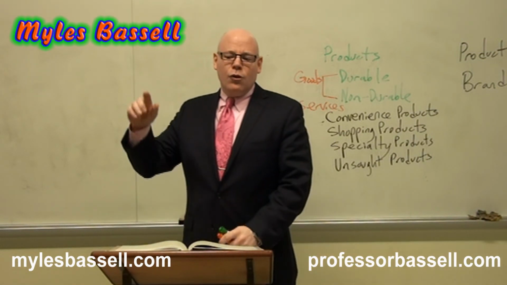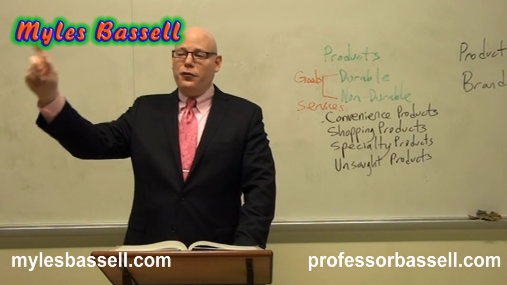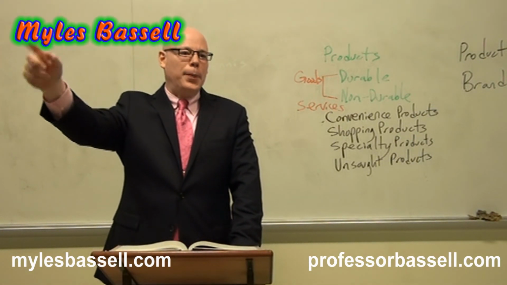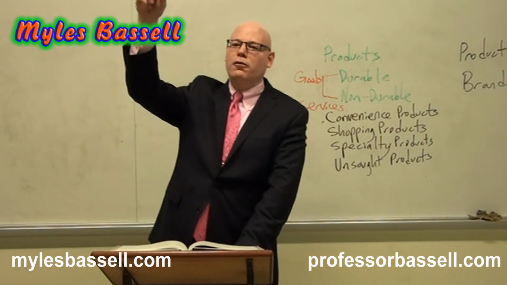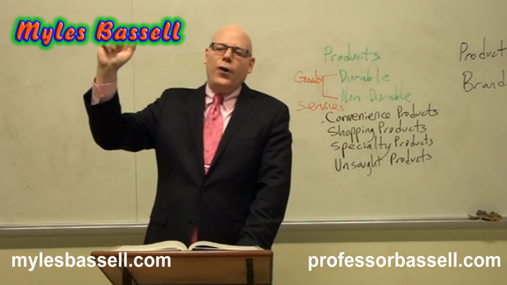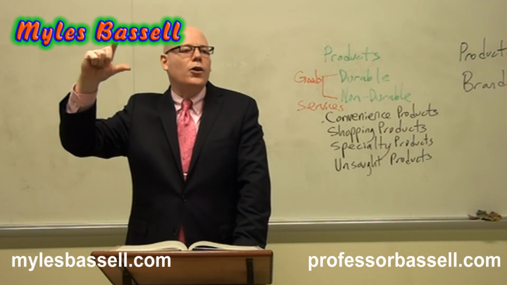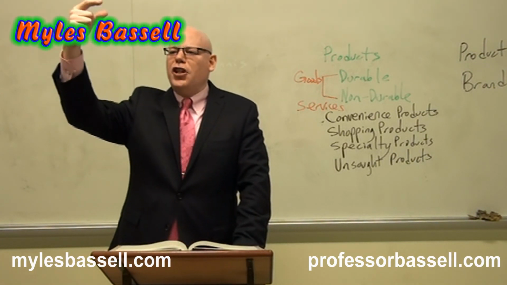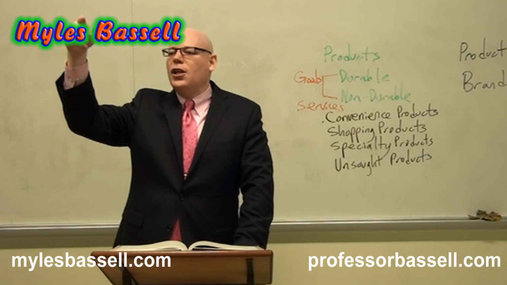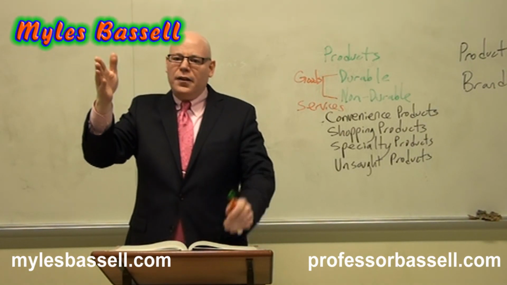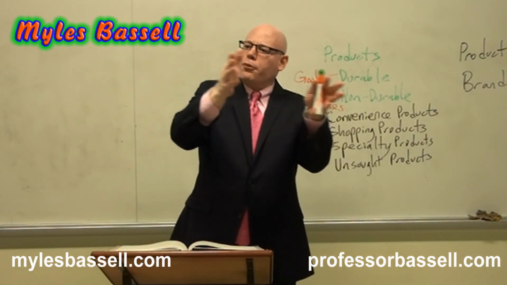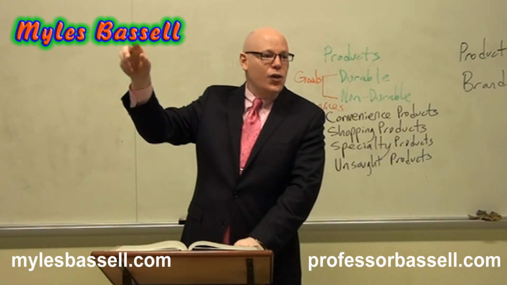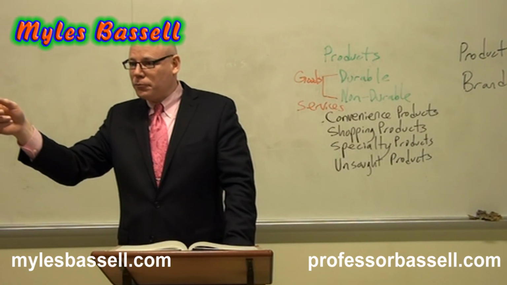In retail, we're very focused, like you guys started to address, on the issue of product placement, whether it's in the back of the store or the front of the store. And also in retail, we look at what's called adjacencies. Adjacencies are what's on the shelf next to our product, what's on the shelf below our product, on the other side of the aisle. Are there complementary products or substitute products?